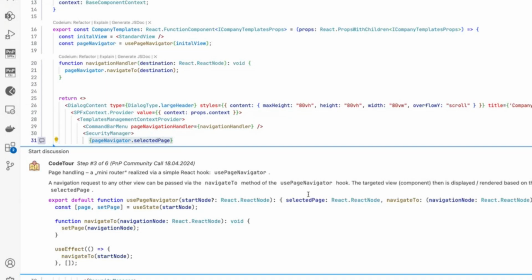The settings view, which I showed you before, contains all the admin stuff. I mean, these drop downs to configure the template store, and the standard view, which renders all the company templates. To navigate from one view to another, I've implemented a simple page navigator, kind of a simple mini router, which is realized through a React hook. And with this, starting from any component or any view, you can pass a navigation request to any targeted view via the navigate to method